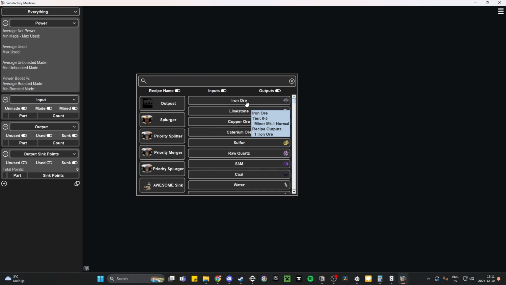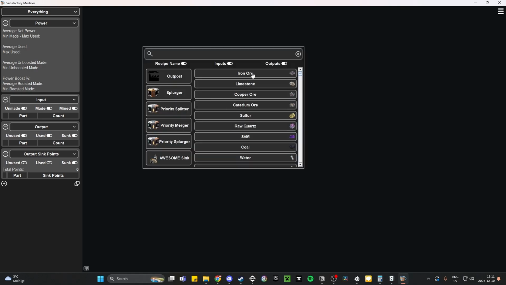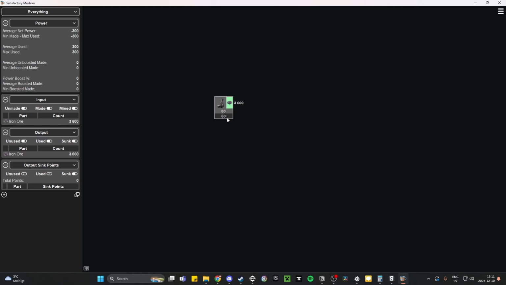When you plan a factory, you start at one end. You look at either how many resources you have available, or how much you want to produce. Those are the two ways to go about it. When you make a starter base, because that's what I'm going to look at here, you tend to be more concerned with what resources you have available. So I am going to create a little bit of a setup. That's a lot. That's 60 machines producing 3,600 iron. That's a little bit much. But let's say that we have